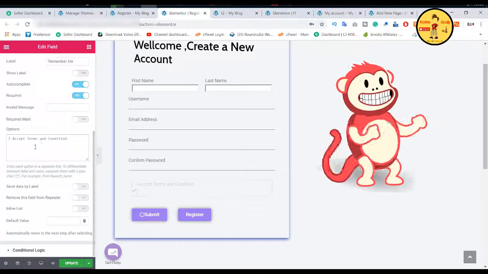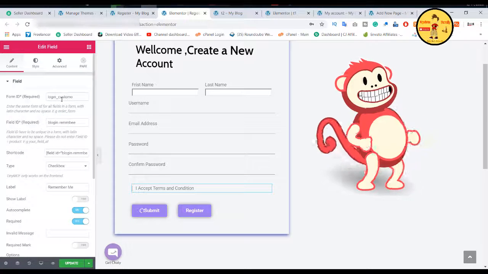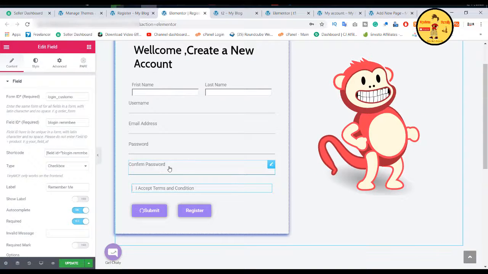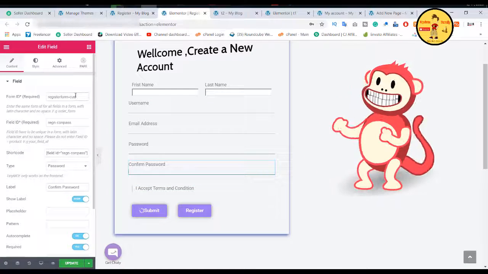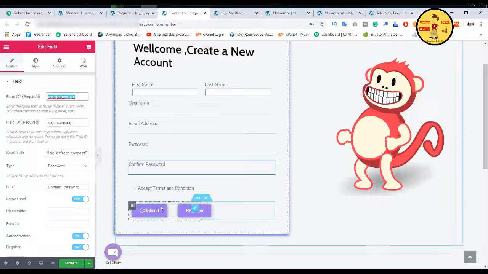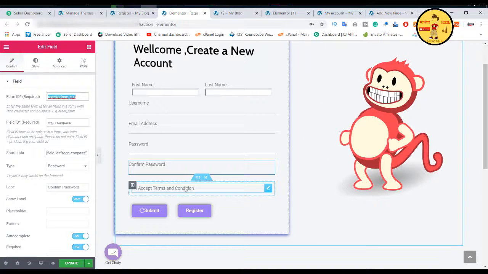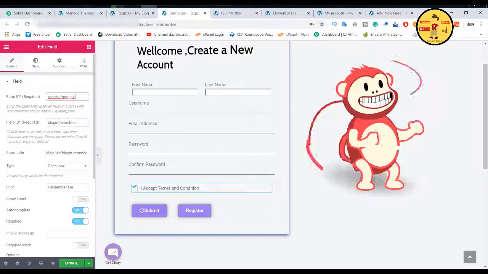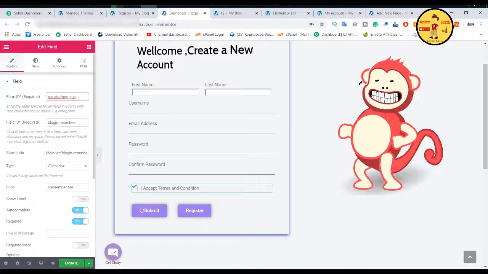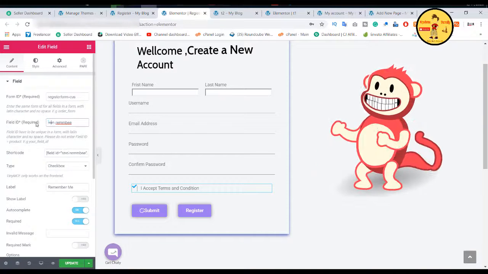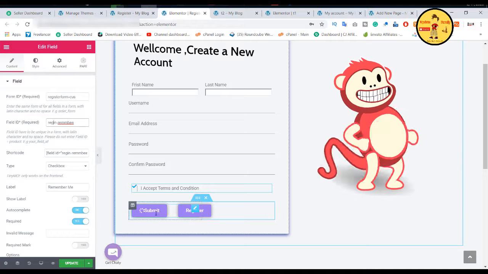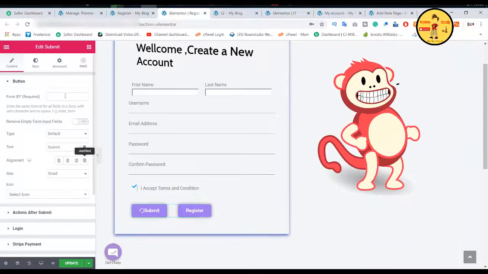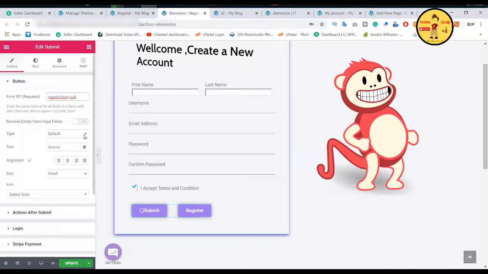So we need to change this form ID. Okay, I click on this confirm password, then we'll see our registration form ID, so I just copy here and click on this accept terms and condition button, then we'll see the form ID, so we need to change this, and here we need to change one thing, that is field ID. So let's click on this submit button, and we need to change this form ID. This is our form ID,